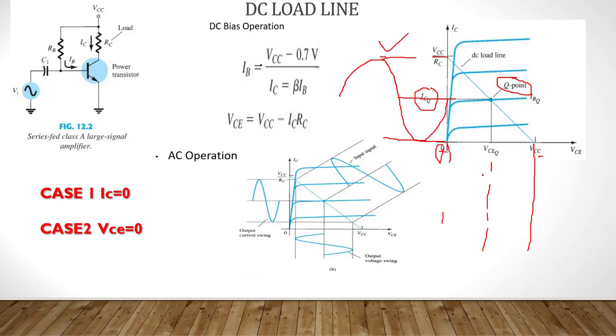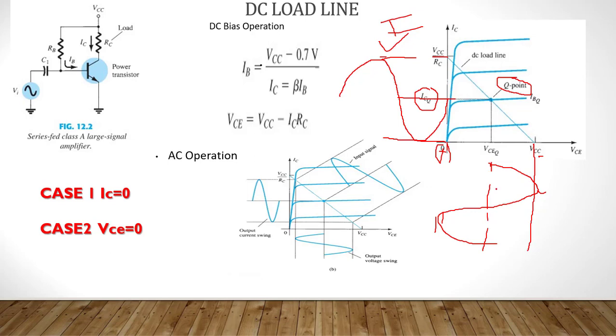Okay, so it is coming something like that. This is the maximum point and this is the minimum point. This is the 0 point. Now, understood how we have to write current and voltage? For current, the 0 point is ICQ, the maximum point is VCC by RC, and the minimum point is 0. This is all about current.